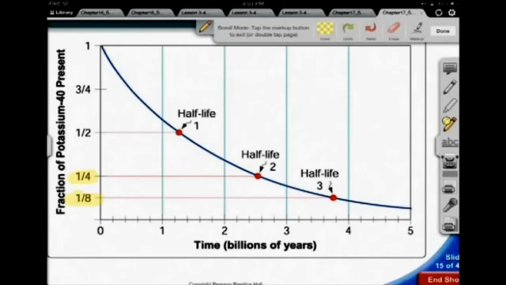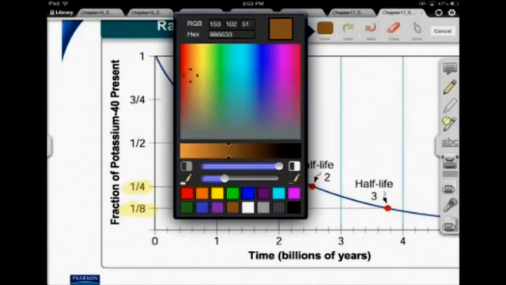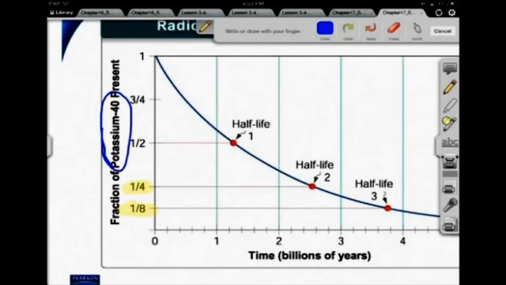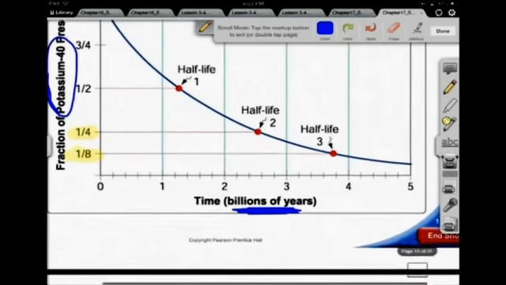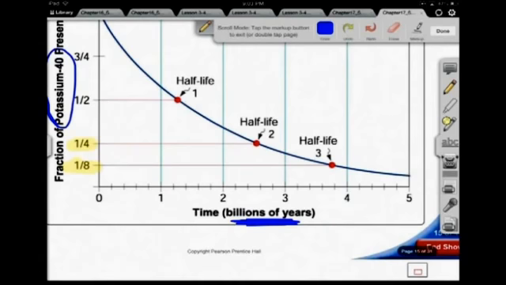Interestingly enough, look on the side of the graph here. What we're looking at is potassium-40. Potassium-40 has a tremendously long half-life. So this particular isotope is in terms of billions of years. Well, that's quite useful, especially for aging things on our planet, because if we think that our planet is approximately 4.5 billion years old,